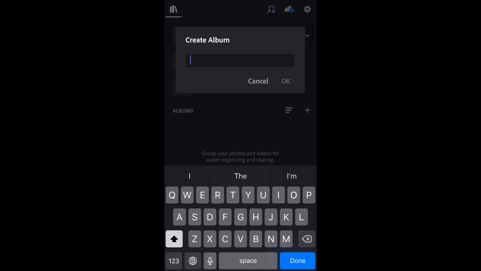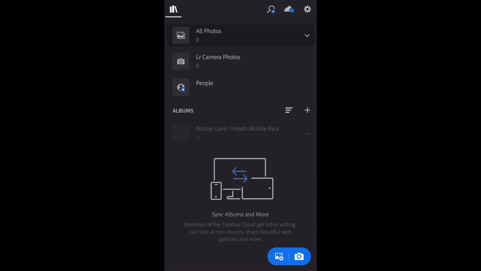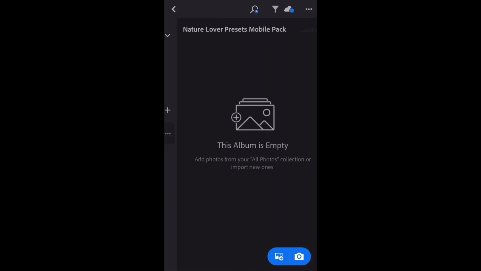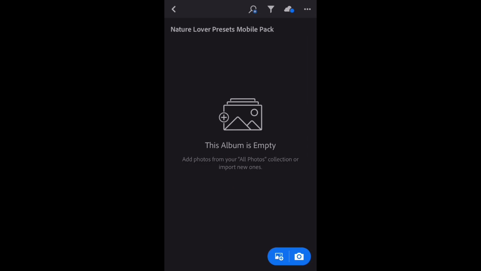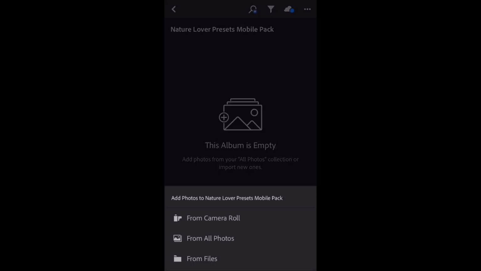First we will name this album Nature Lover Presets Mobile Pack, and then OK. Now we have our album created. Then we will tap on it to open, and we are going to add photos by tapping this button down